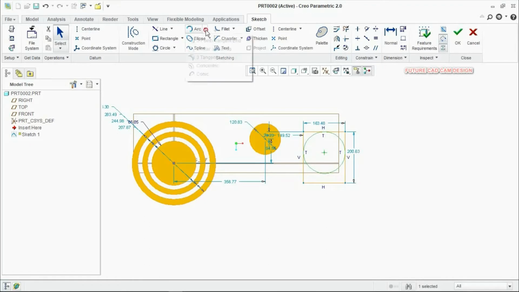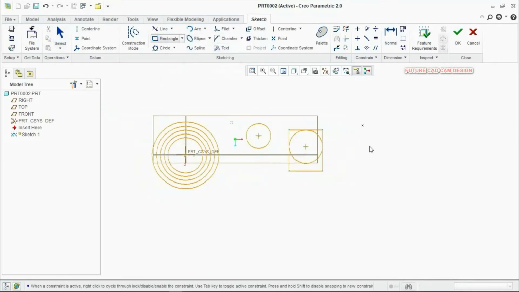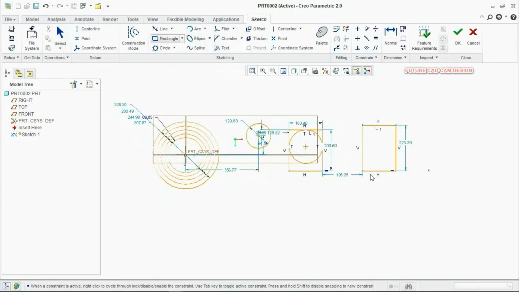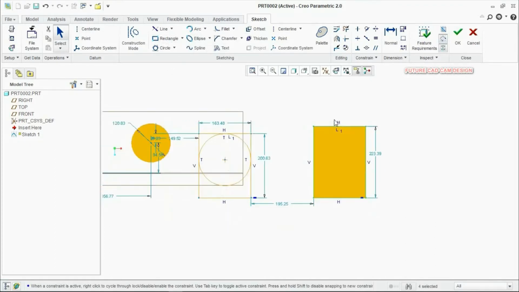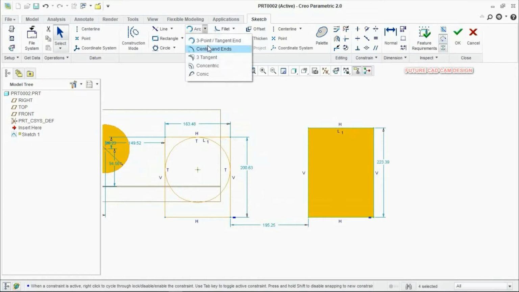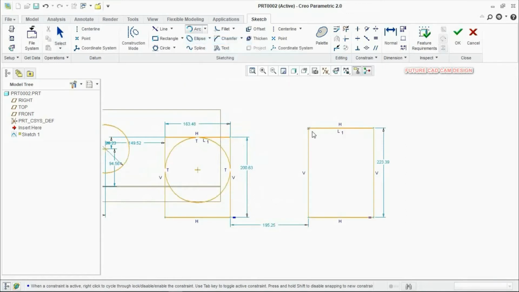Next in sketch we have arc, ellipse and spline. In arc we have 5 options: 3-point arc, centered arc, tangent arc, concentric, and then conic. So I am creating now a 3-point arc.